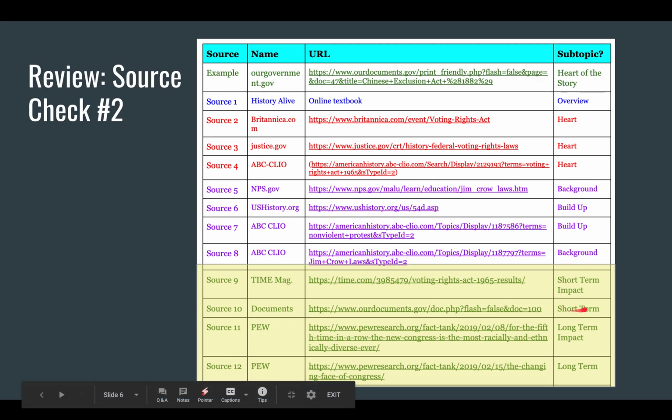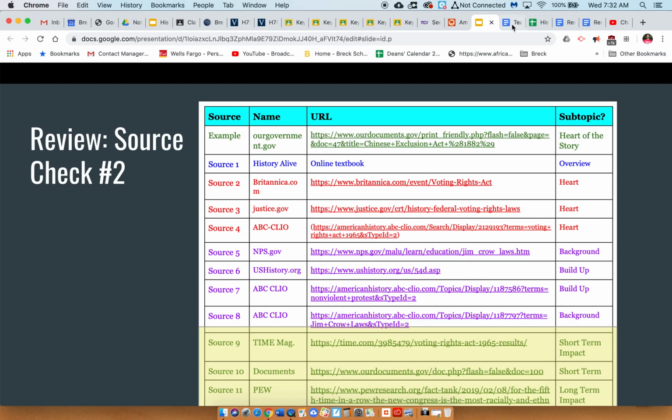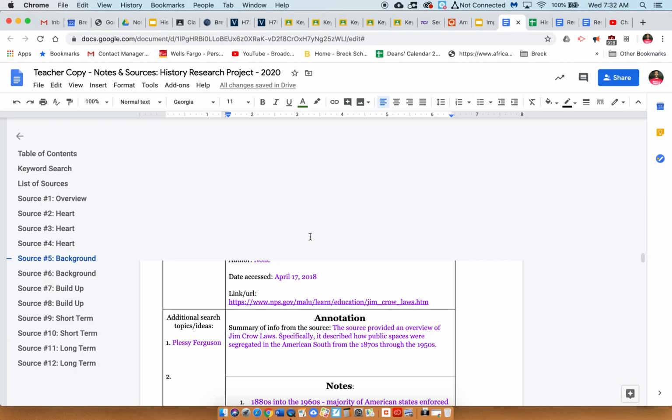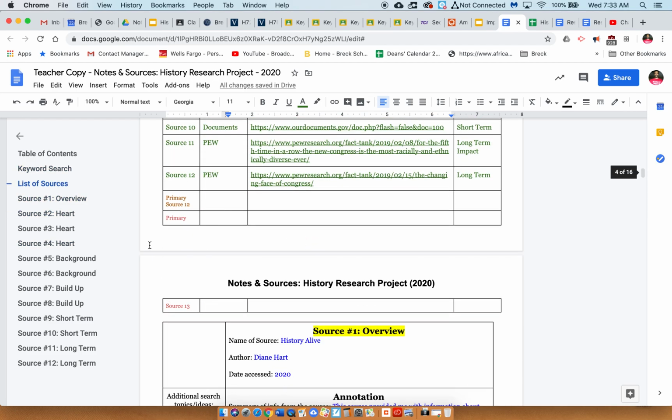You can see I have 2 short-term impact sources. I have 2 long-term impact sources, and they are all reliable sources because I ran through the evaluation check. This is my document. I want to point out a couple things. Number 1